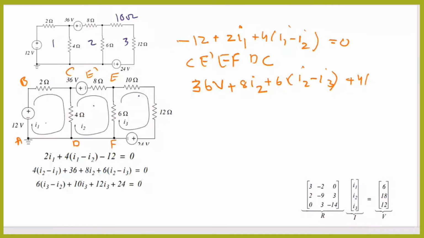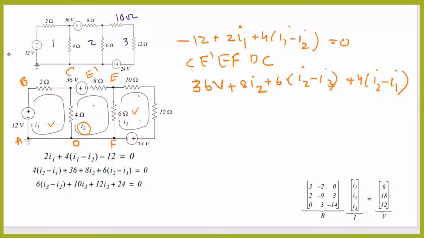So what is the rule I have to follow while writing this equation? I have to assume the current in the loop for which I am writing the equation is superior to the remaining two currents. So this is equation number 2, and the third equation is,